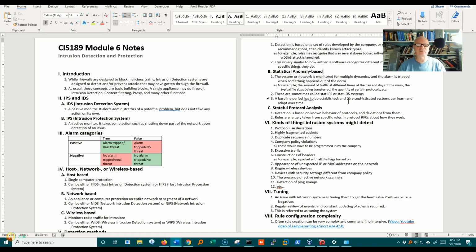What should be in the header? Where should it be? What flag should be set when? That kind of thing. So that if we understand what these protocols should look like, then we can recognize when they don't look right. One example that I gave here in the text is that, let's say that,